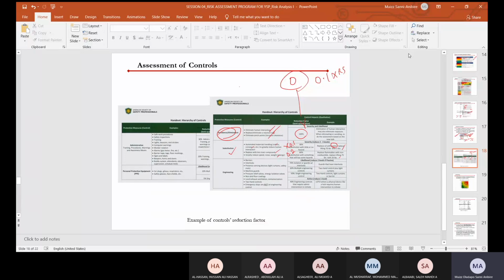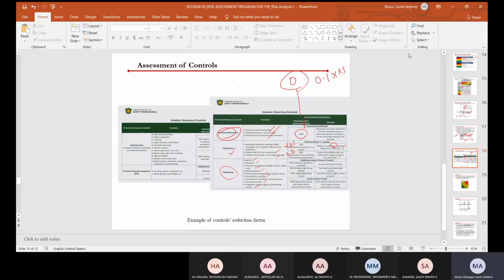So you can see that you can adjust the prevention effectiveness based on the kind of controls that you are suggesting, even if they are both substitution. Or you may use your intuition or your engineering judgment to determine the control effectiveness and adjust it accordingly. Similarly, if you look at engineering controls, here you can use barriers, interlocks, presence sensing devices, machine guards, pressure relief valves, no-skid floor coatings, two-hand controls. Emergency stops are not in engineering control. All right, so basically you could see here that